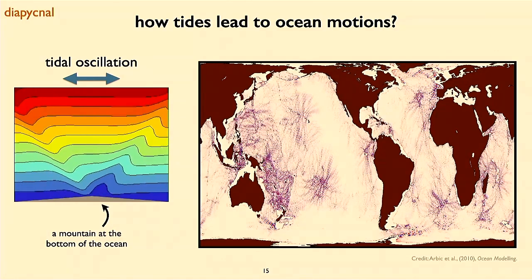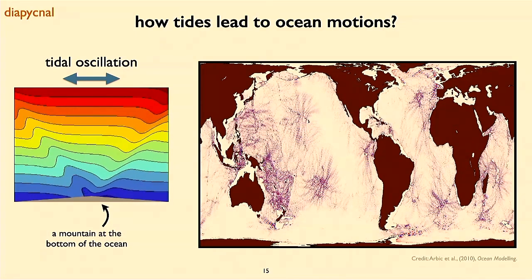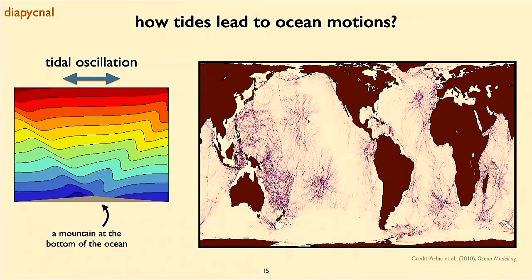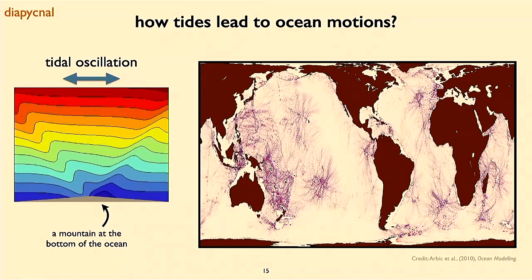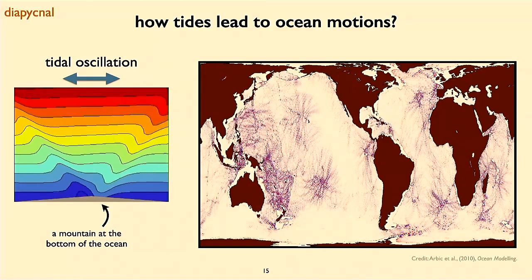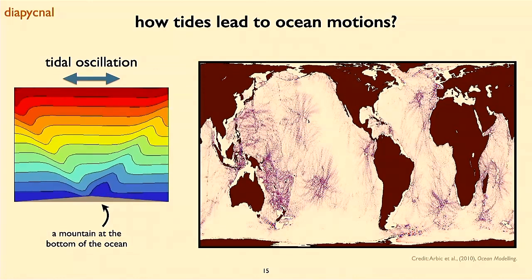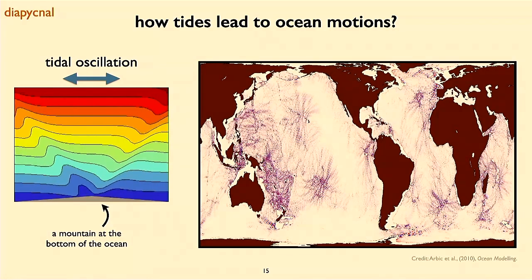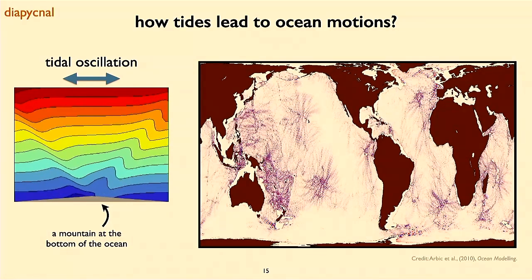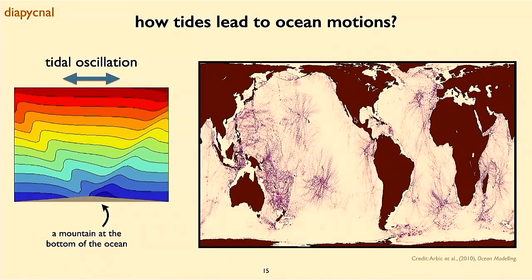Now, that's not what I mean when I say tides, but when this happens, because the whole ocean is forced to move over a complex bathymetry at the bottom of the ocean, there are mountains at the bottom of the ocean, as you probably expect. So then what happens? Imagine this, look at a simple case here.